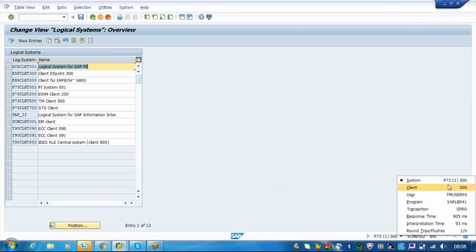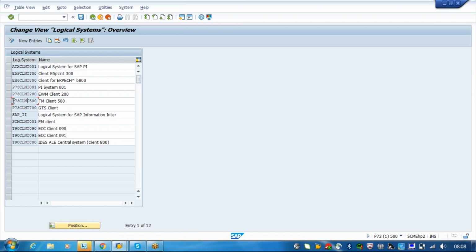In this case, P73 is your system name, 500 is your client number, and CLNT. So this is the logical system, and this is how TM is represented.